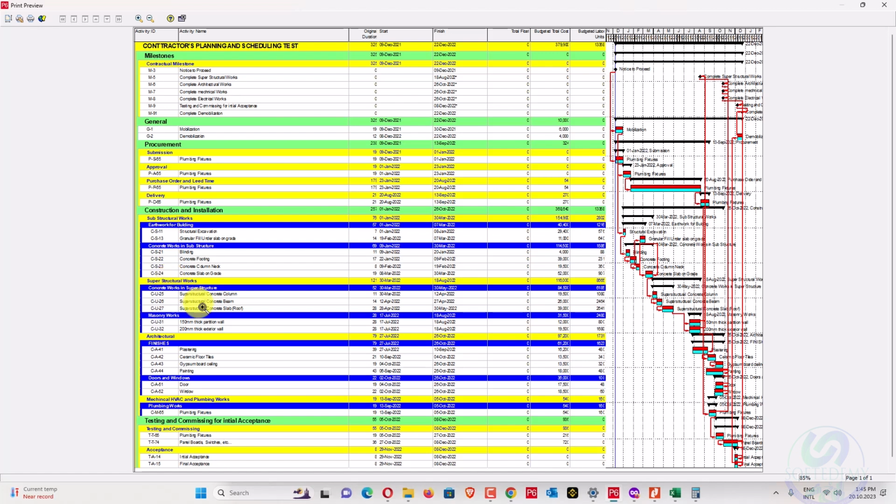You need to know what your critical path is. And if your critical path is not right, what are you doing for the planning? Why are you using P6 just for cost control? It's not like that.